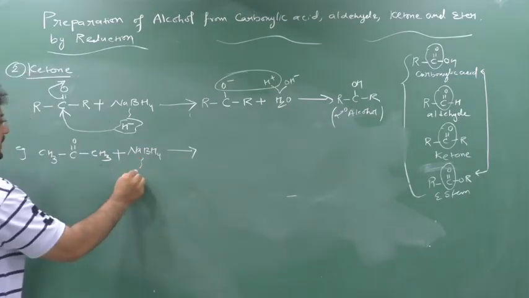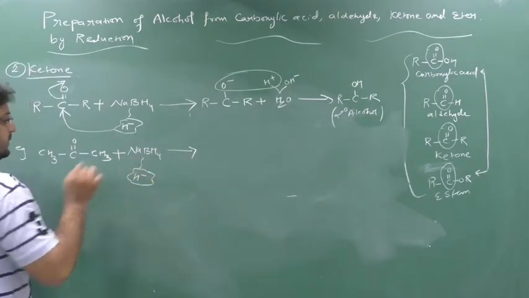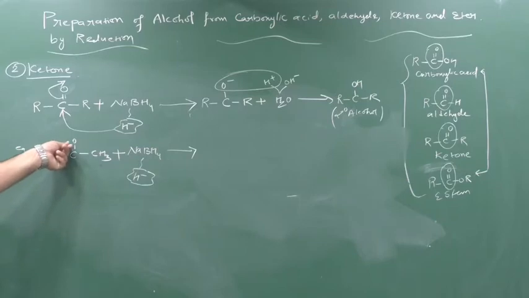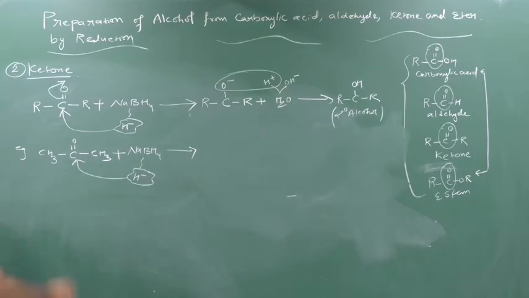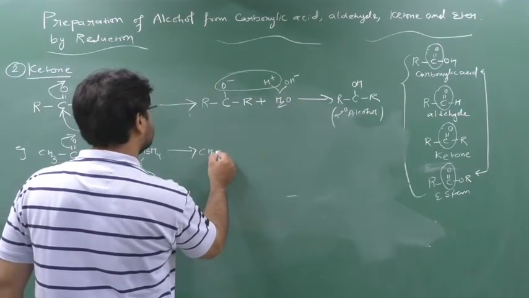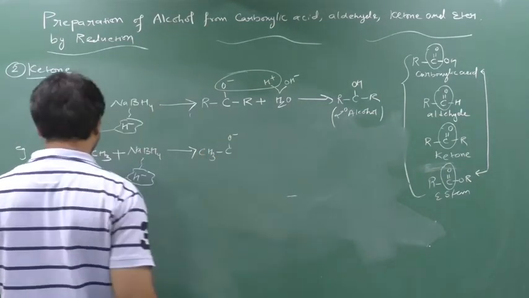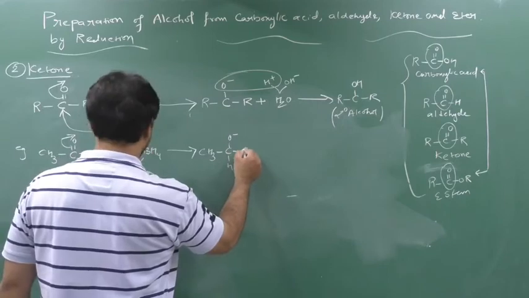This is forming H minus. Again, look at this carbon and this oxygen. Which is the more negative element? This oxygen. So it will create a partial negative charge, and the carbon will have a partial positive charge. So this H minus will attack this carbon. To make a new bond, this old bond will break and it forms CH3, C, O minus, here H and here CH3.